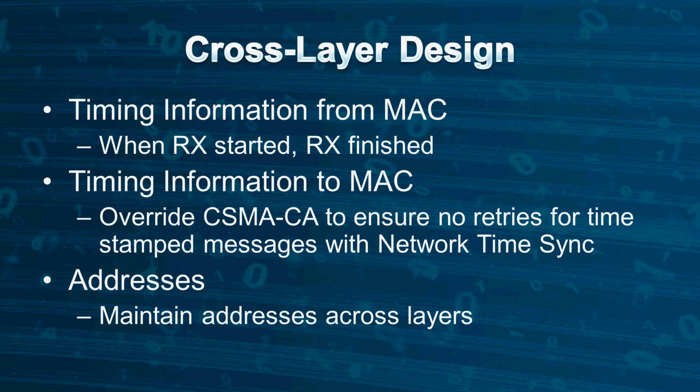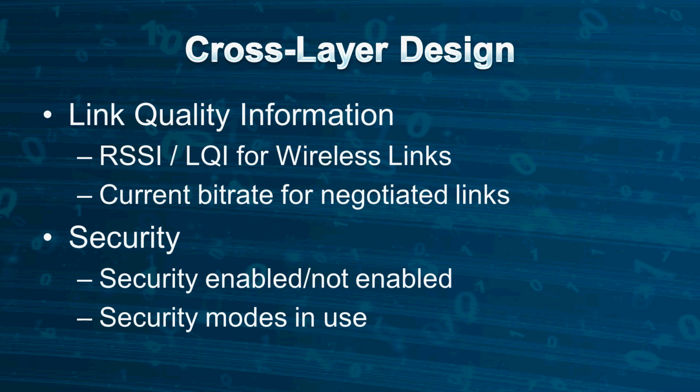There are lots of protocols that try to get the address information. Either when you transmit a packet, you want to manipulate the lower layer addresses, or you need the lower layer addresses. We'll see this in 6LoWPAN later. LQI, or link quality information for wireless links, is always very useful, as is the receive signal strength indicator, or RSSI. These can tell you, when you have a routing protocol, which links are more reliable than others. If it's a negotiated link, think Ethernet, for example, we can have Ethernet 10, Ethernet 100, or Ethernet 1000,